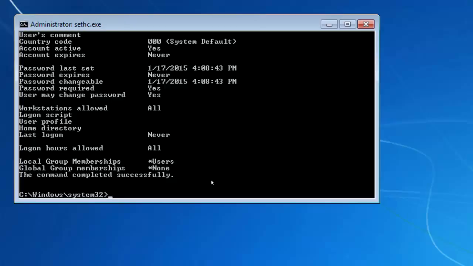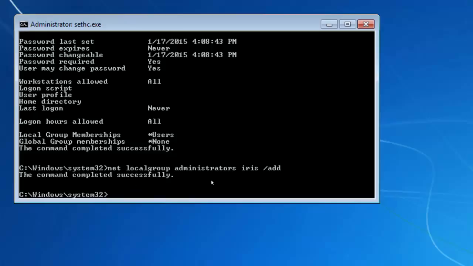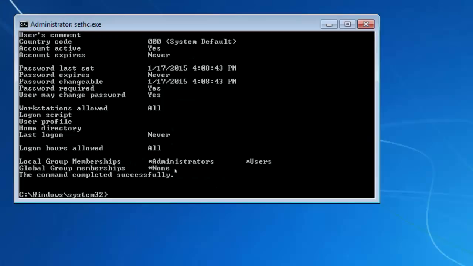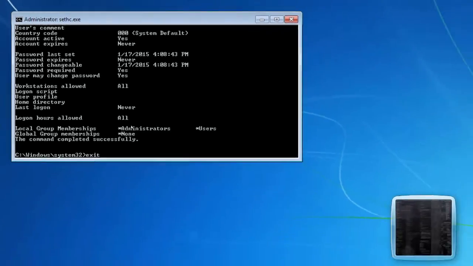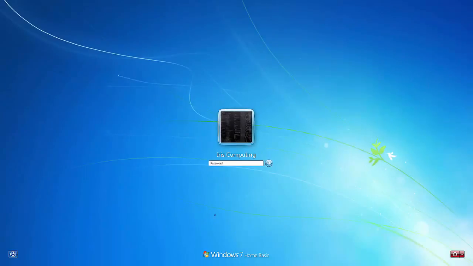To do that, we use the net localgroup command. So if I type in net localgroup, then the group in question, which is administrators, followed by the username, which is Iris, /add. There we go. Now if I type in net user Iris again, we're now an administrator, which is brilliant. So if I exit out of this, reboot the machine,